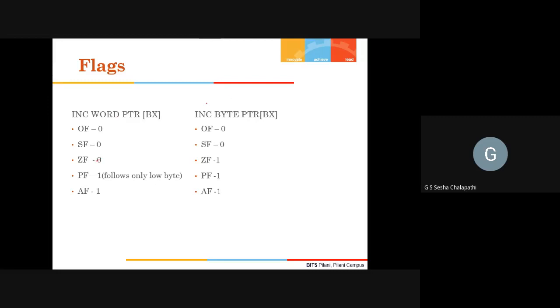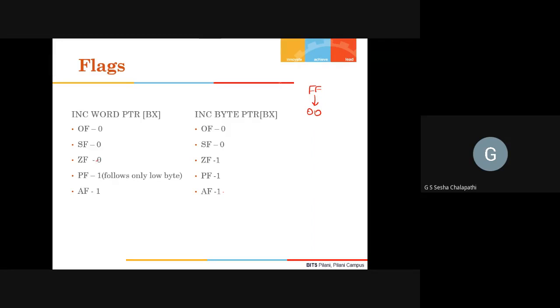Sorry, in the case of a byte pointer, if I have taken only the byte pointer, zero flag was 1, parity flag was 1, and auxiliary carry flag was 1. Sign flag is 0. Overflow flag was 0. Why? Because FF has become 00.